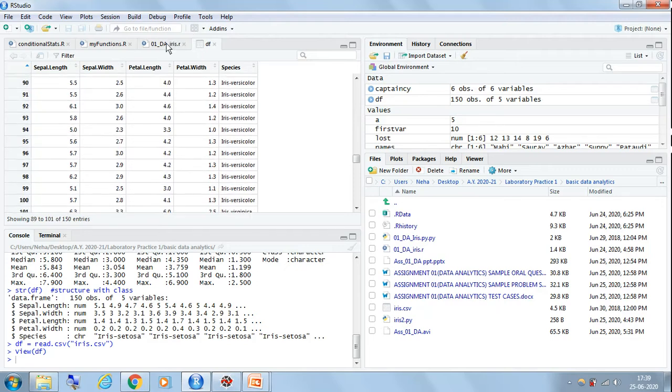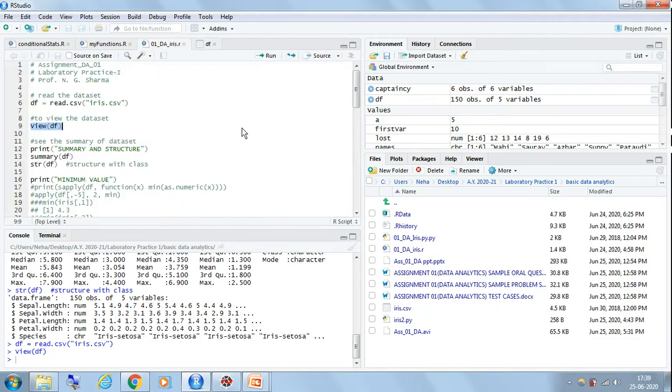Now as we know, in the problem statement we have to display the summary statistics. Okay. So for displaying the summary and the structure of the data set, the next command that we are going to use is summary in bracket df. That is, I want to display the summary information of my data frame. Okay. Similarly, the next function that we are going to see is str in bracket df. What str displays is nothing but the structure of that particular data frame. We will see the difference between summary and structure. So let us first execute the line summary in bracket df.